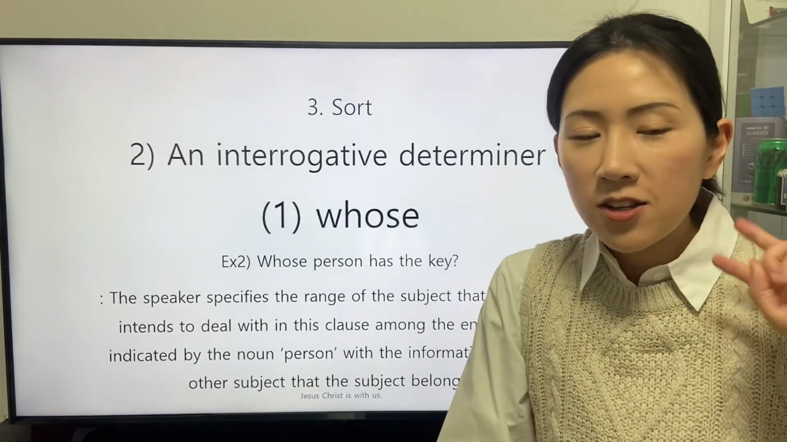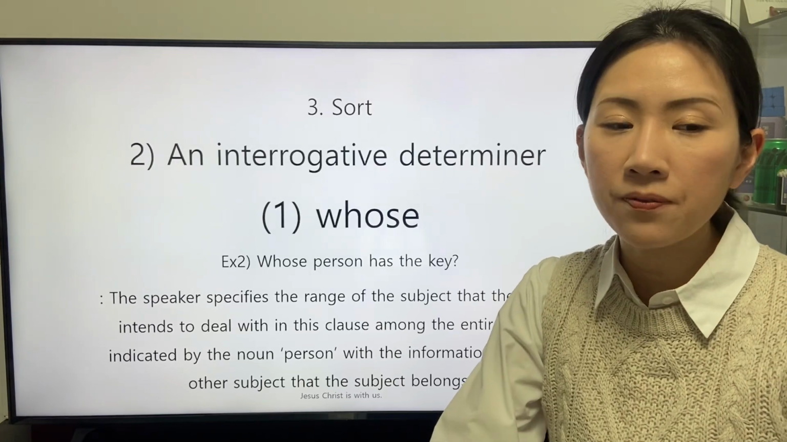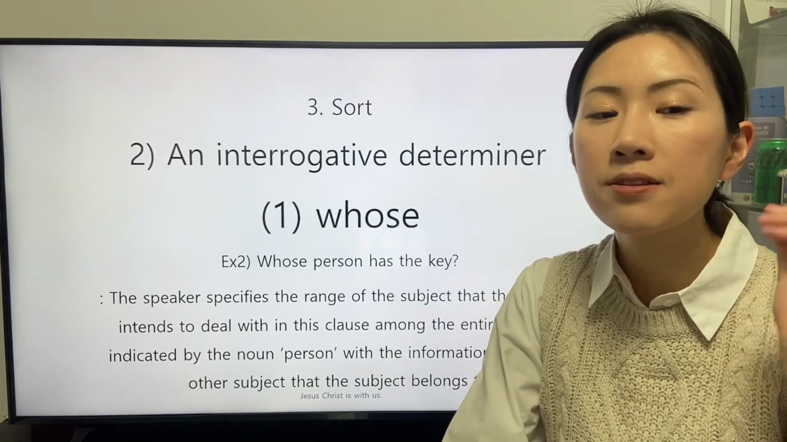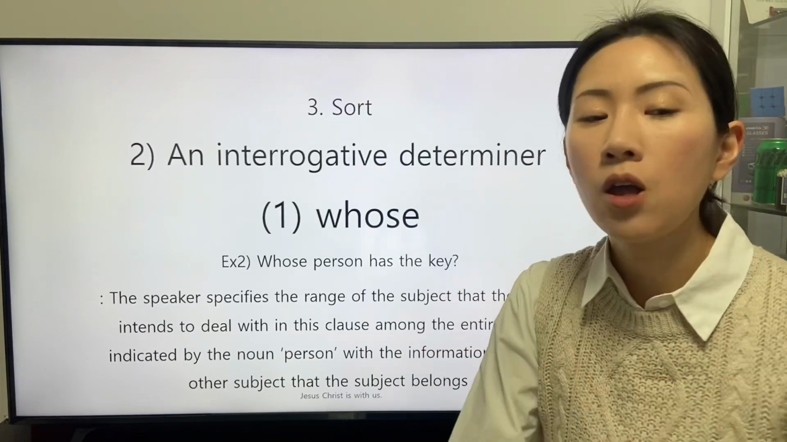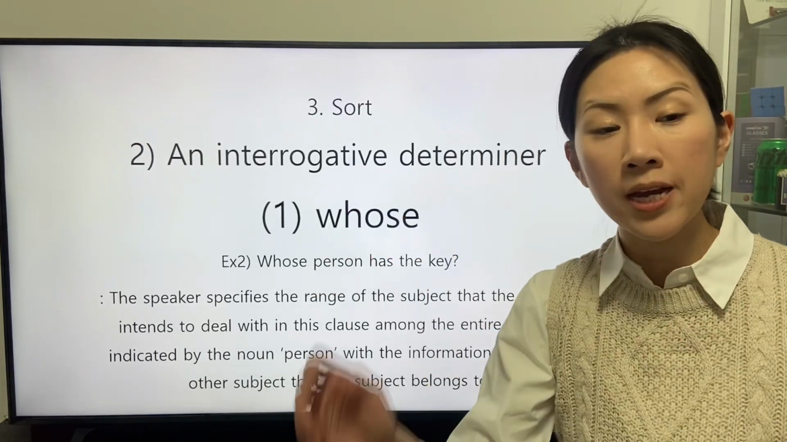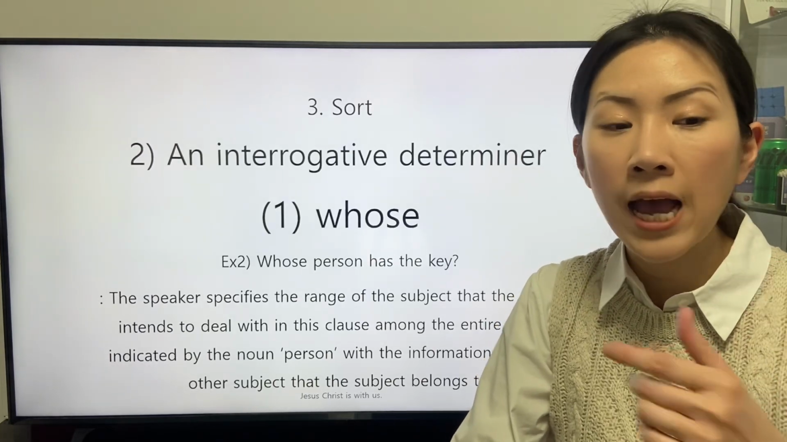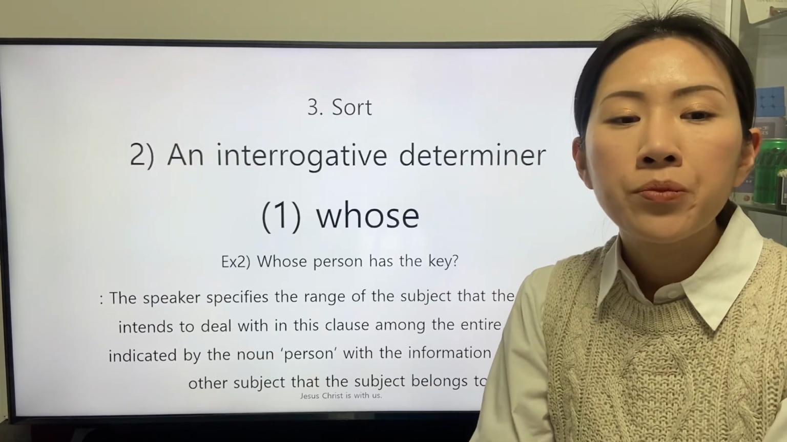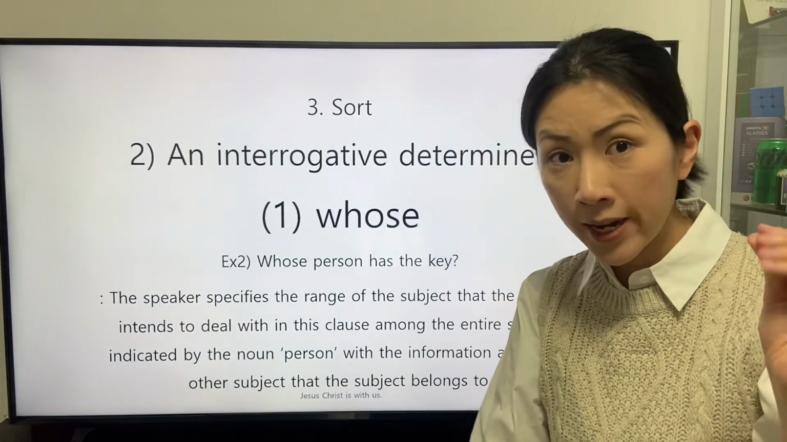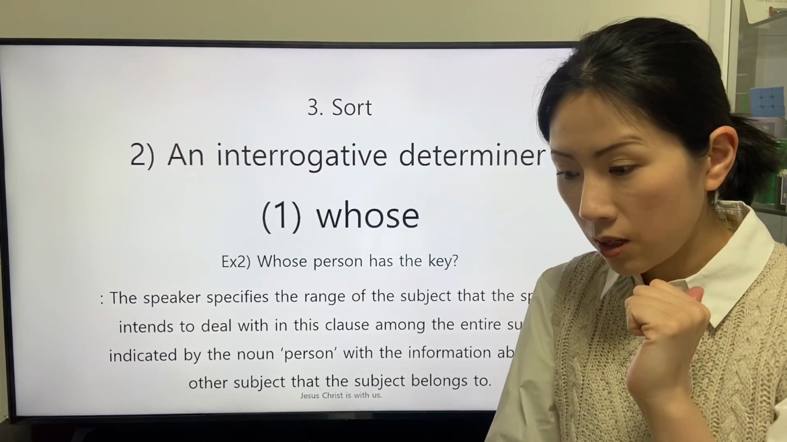The second clause is this: whose person has the key. The speaker specifies the range of the subject that the speaker intends to deal with in this clause among the entire subject indicated by the noun person, with the information about the other subject that the subject belongs to. The subject indicated by the general noun person indicates